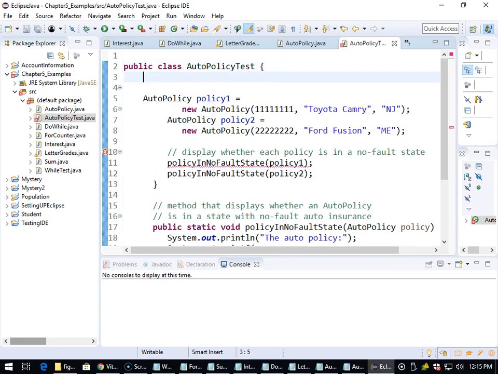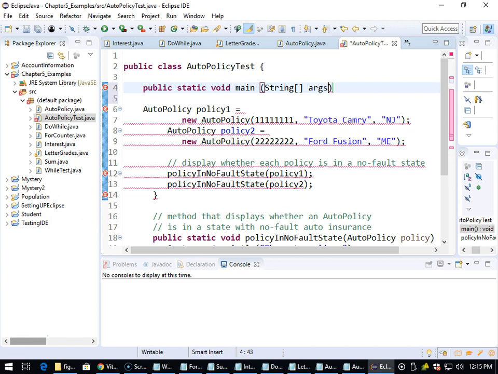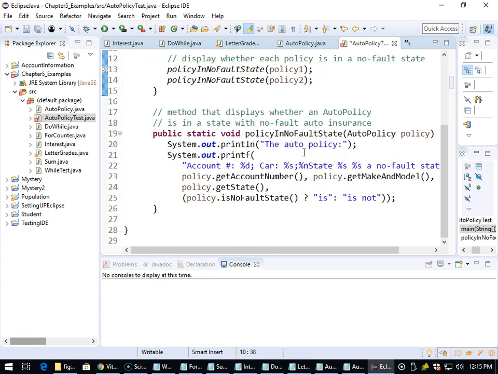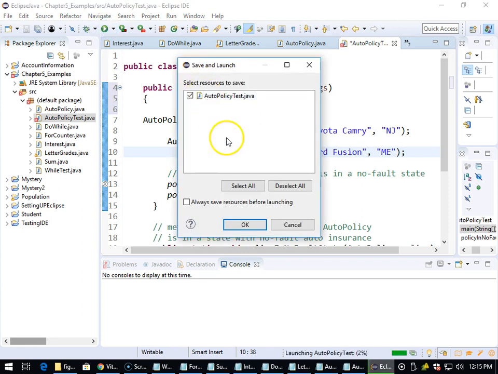Oh, I missed my public static void main, string argument. All right, now it should be all good. Okay, now let's go ahead and,